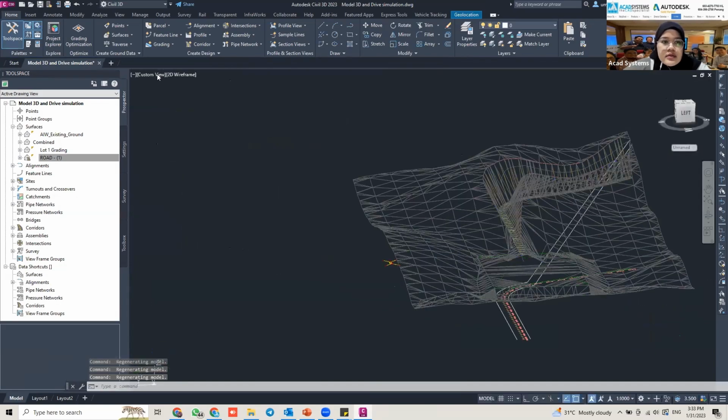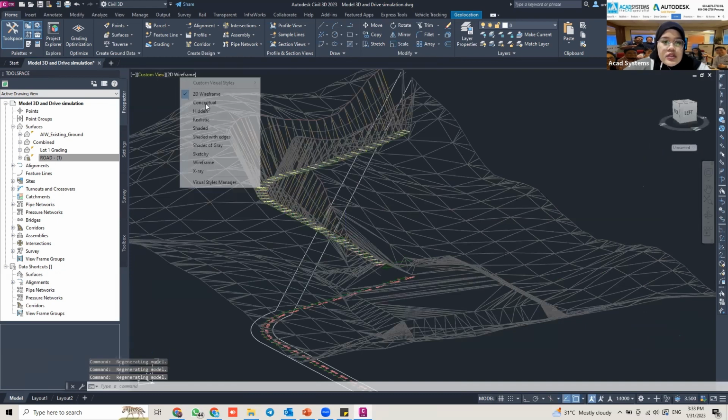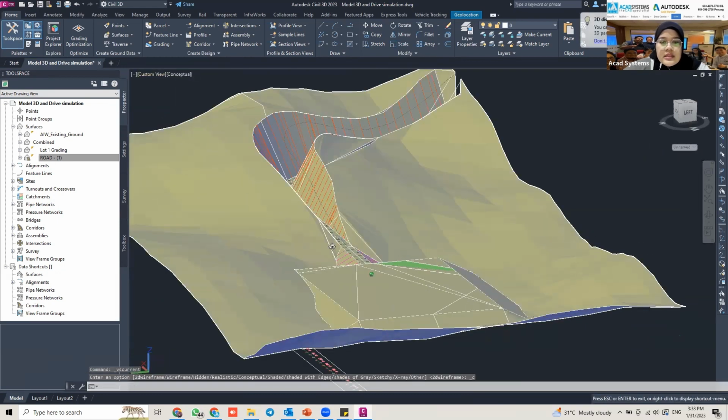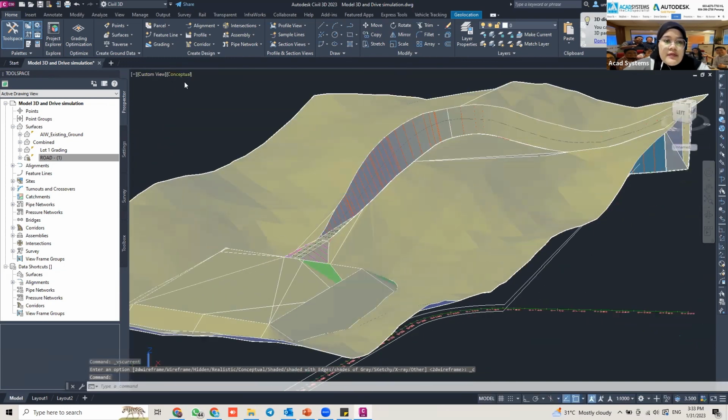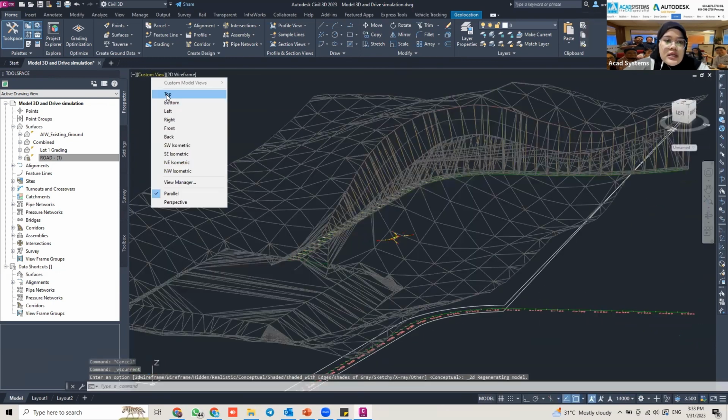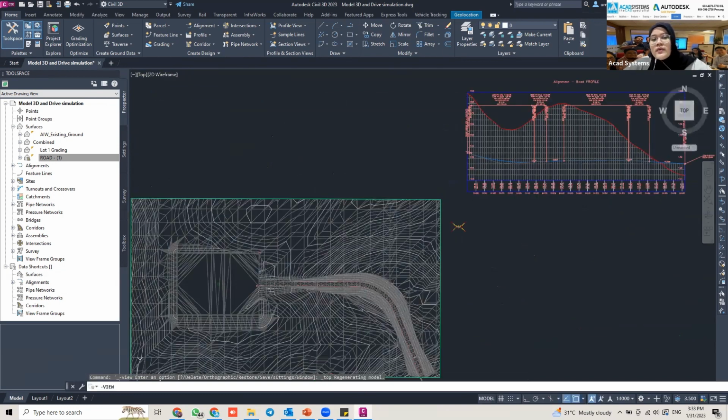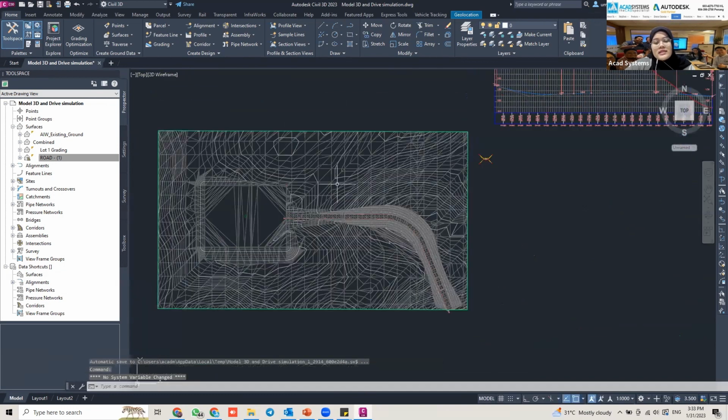Rotate it like that. So change to conceptual, it will look like this. Okay, so go back to wireframe and change the view to top. So next one, I'm going to add the